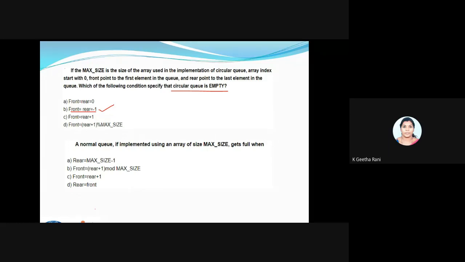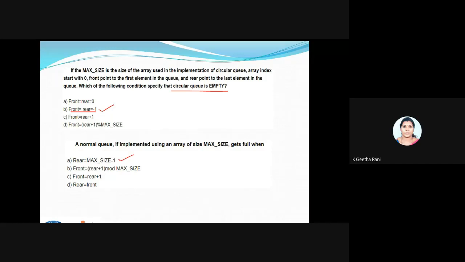A normal queue, if implemented using an array of size max size, gets full when? When rear is equal to max size -1. Yeah, I'm getting a wrong answer also. The answer is going to be A, not D. Fine.